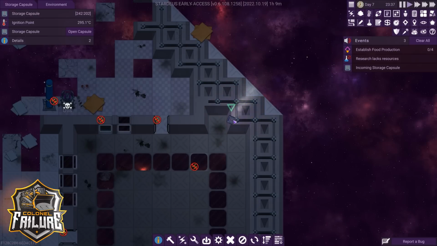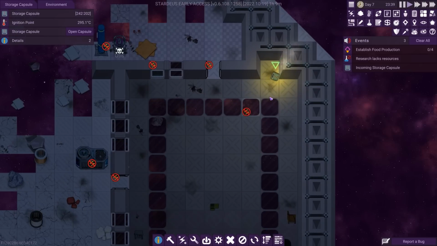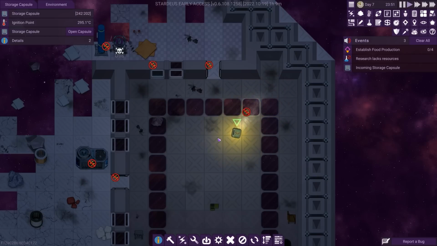Exciting times here aboard the Sweaty Marsupial in Stardeus as a storage capsule is on its way to land in a part of the ship that I don't currently use. Is it going to be full of vitamins and useful stuff? Is it going to be full of space gribblies? We don't know. We will show...